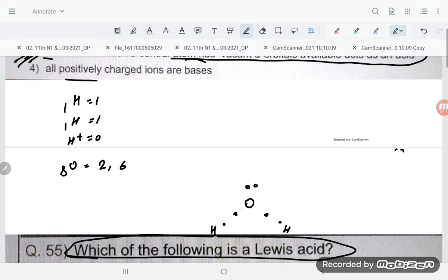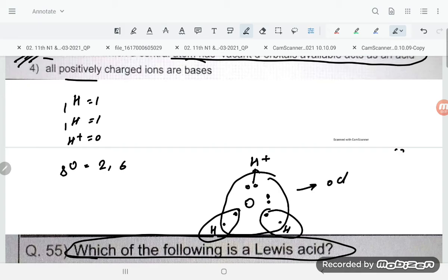Now how many electrons have we mentioned for oxygen? 1 2 3 4 5 6, and here H plus is there. So what is happening, it is forming the doublet, and oxygen is completing the octet. You can see 2 to 4 to 6 to 8. And here it is forming the coordinate bond. So the octet is completed, student. If the octet is completed, it means not a Lewis acid, and that you have to keep in mind, student.